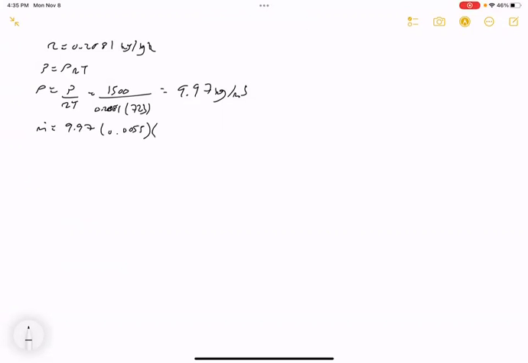Rho A V. So V, we're told, is 50 meters per second. And immediately we can find that the mass flow rate is 9.97 times 0.0055 times 50, which is 2.742 kilograms per second. So we have the mass flow rate, but again, we're still trying to find the exit temperature,